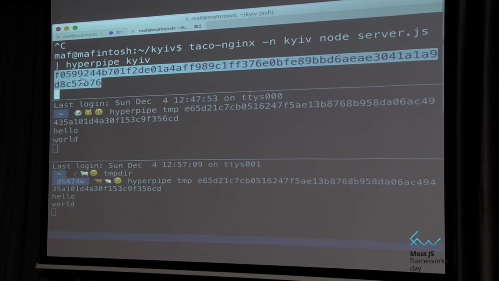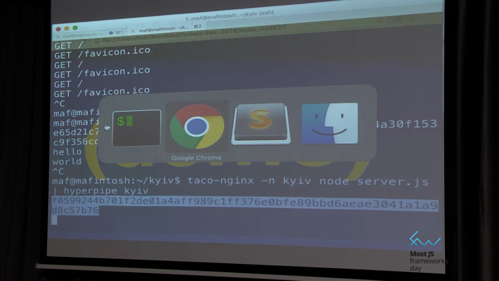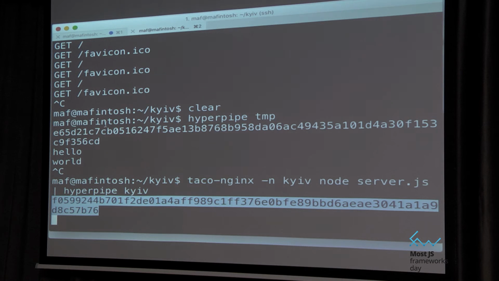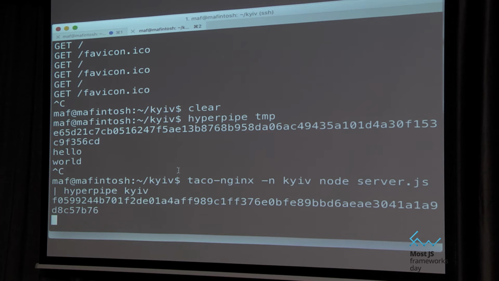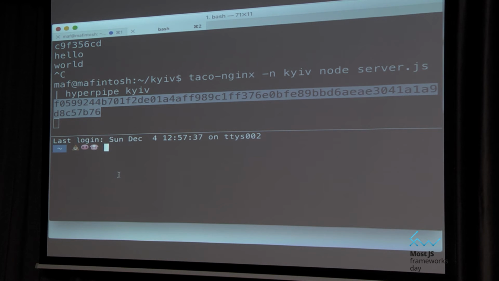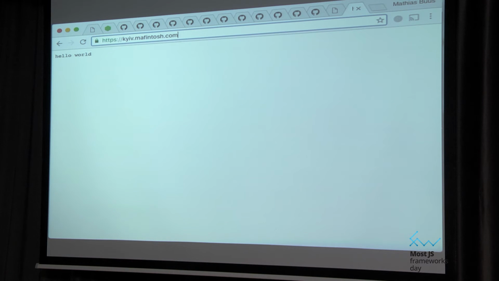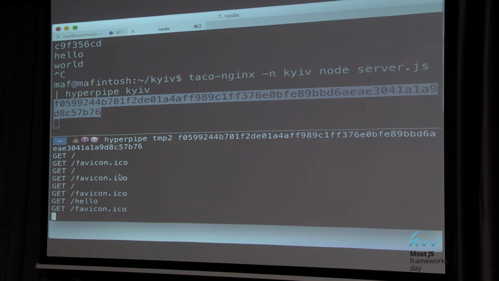And then when we go and visit our website, we get some logs, but the logs are being piped into this Hyperpipe, and then you can just give this key to your other people on your team. And they'll get the logs, right? So then everybody on the team can live see the logs as things are happening, and to show that it's actually working, I can do hello. And it gets hello down there. So that's pretty cool, I think.